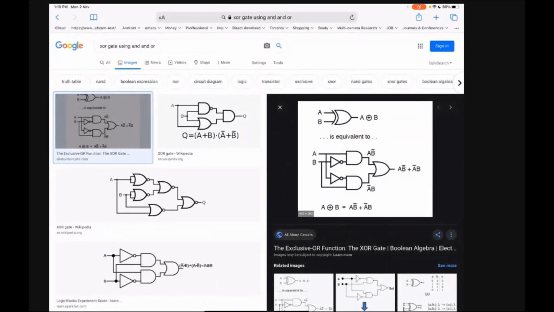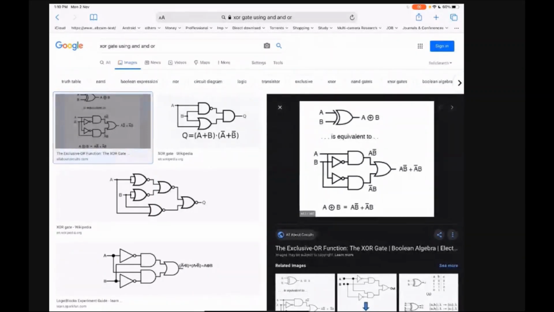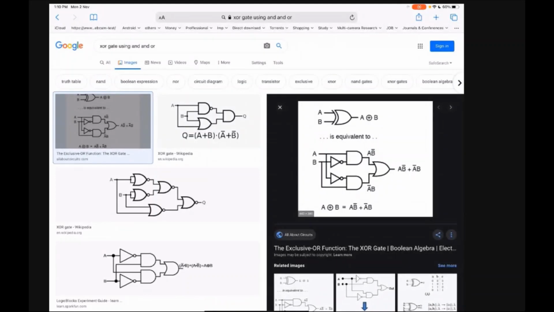Then there will be two stages: one is the AND stage, and another is the OR stage. Understood? Truth table is only for your logic; you cannot directly implement it on hardware, so you have to use AND and OR gates.